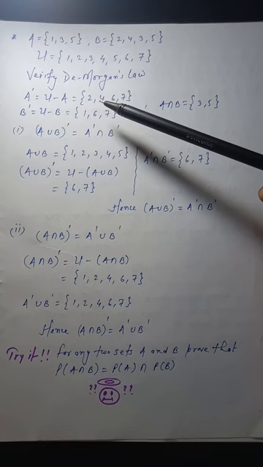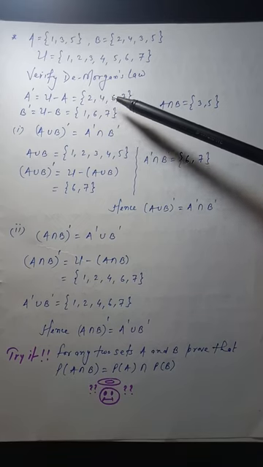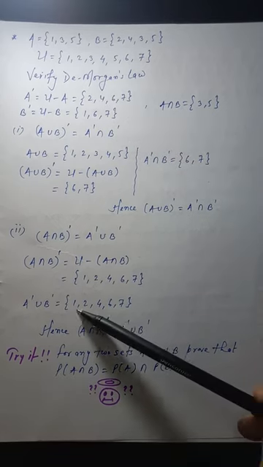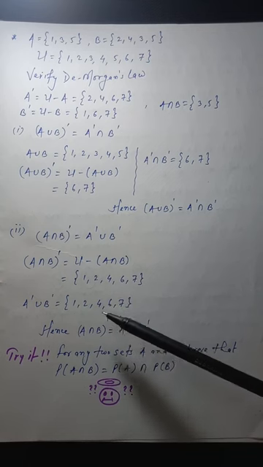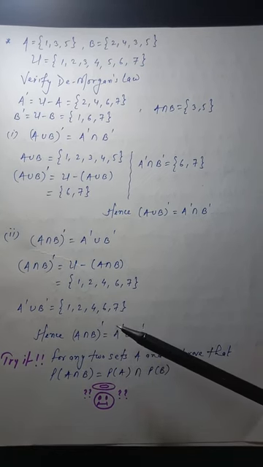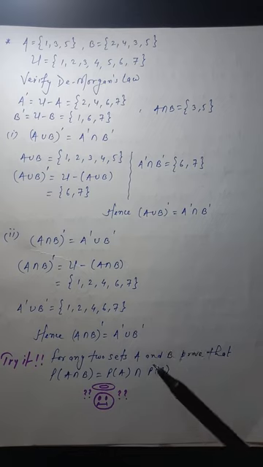1, 2, 4, 6 and 7. So 1, 2, 4, 6 and 7. So hence both are equal. So this is verified. Now it's time to take a very good problem which is based on power set, and